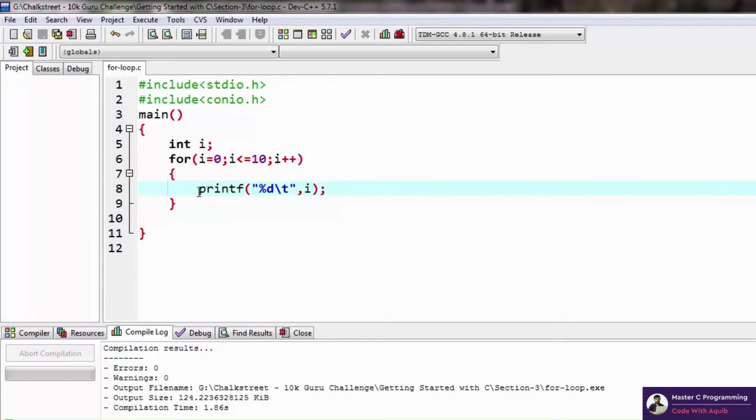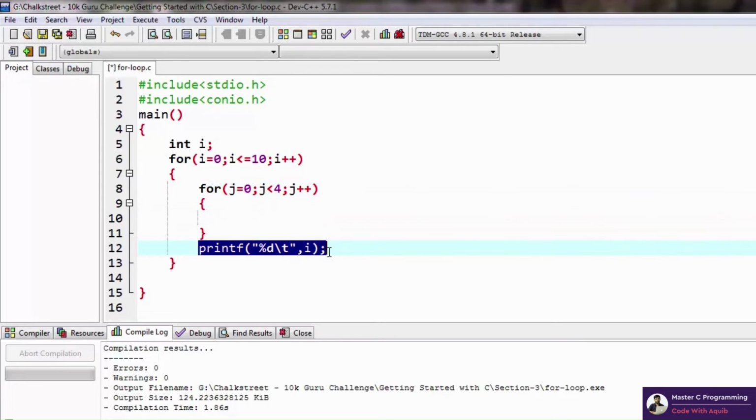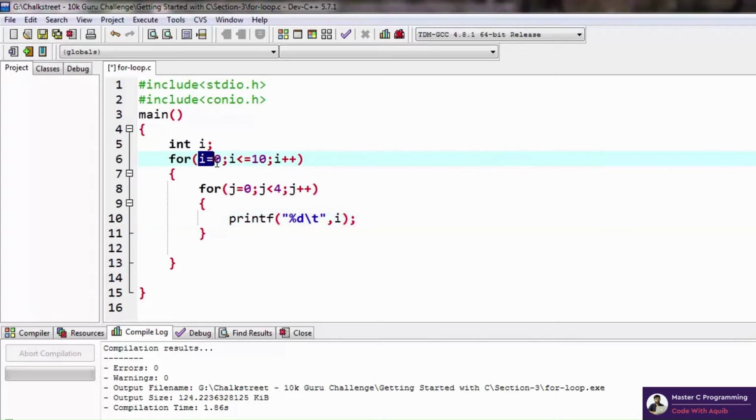Again, there is no limit to for loops. You can have for loops inside a for loop, which is called nesting. Basically a loop inside a loop is called nesting. So what will happen is that the inner loop will run. Let's say we have another variable j and we have it less than 4, j plus plus here, and if we have the j block and we print the value of i inside j, what will happen is that for every value of i,